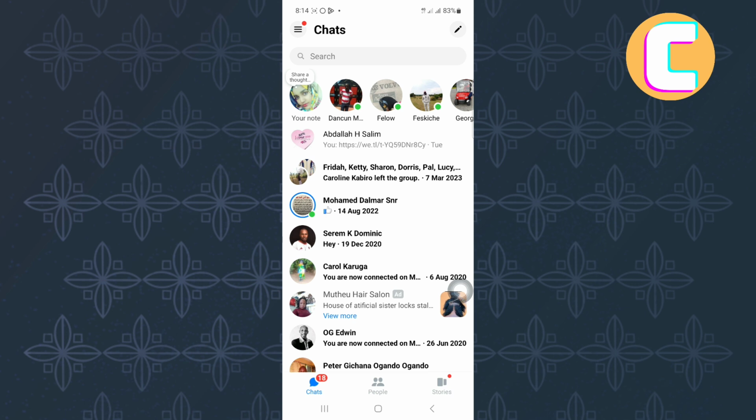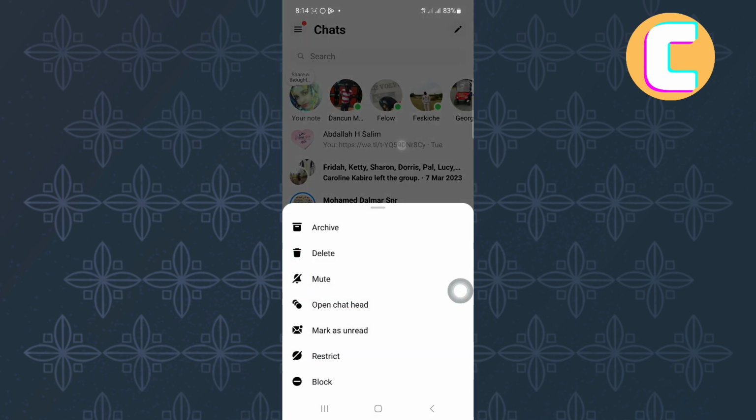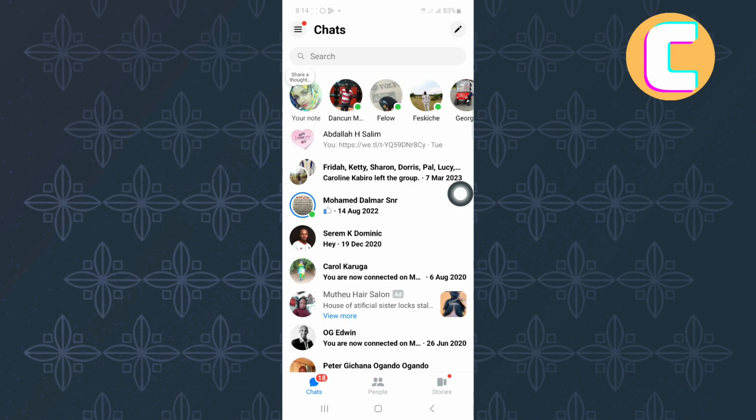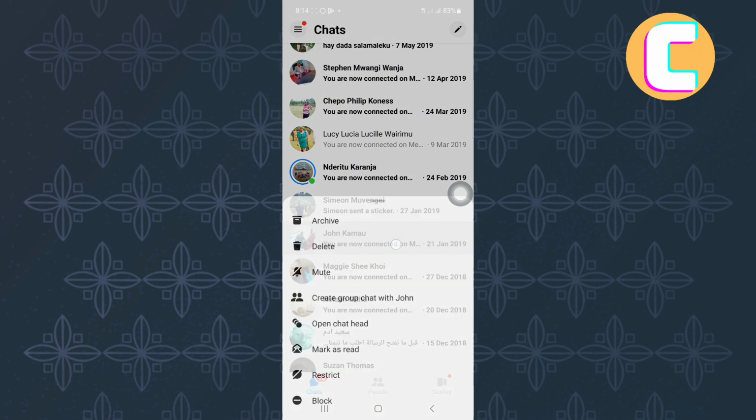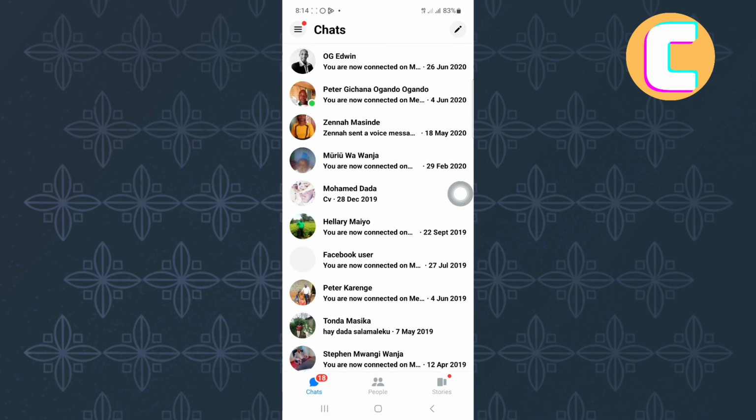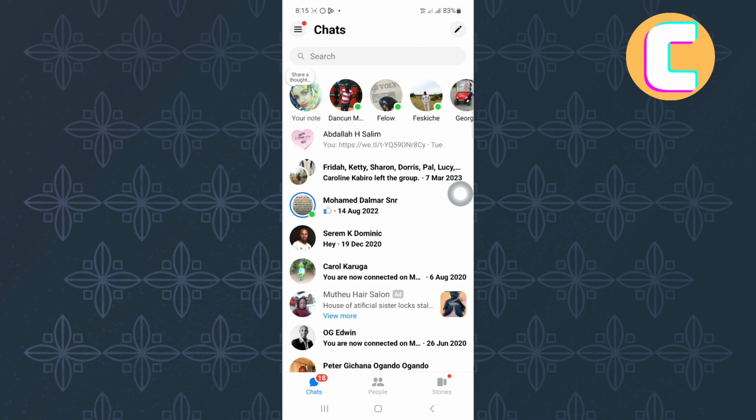You will land on the app's homepage just as you can see here. After that, when you long press on a message, a menu with many options pops up. One of them is delete, but this only applies to this specific message. This means that if you have a lot of messages, then you will need to delete them one at a time, which is time-consuming. There is another option or way you can delete all messages, although many people don't prefer